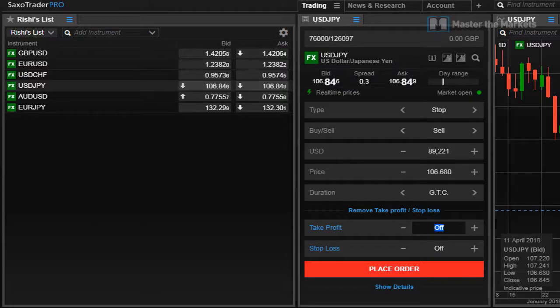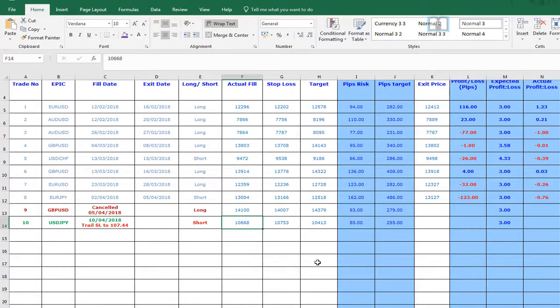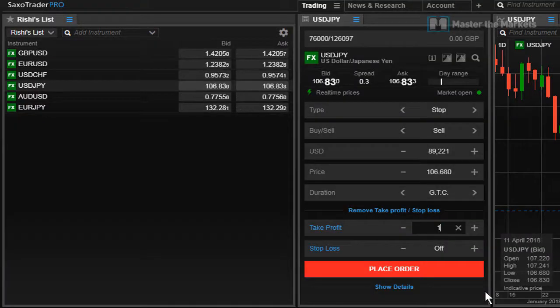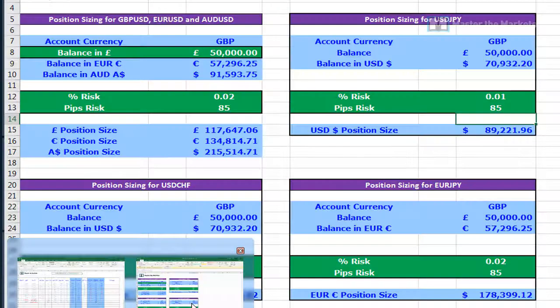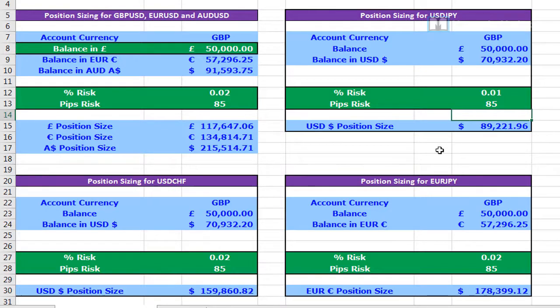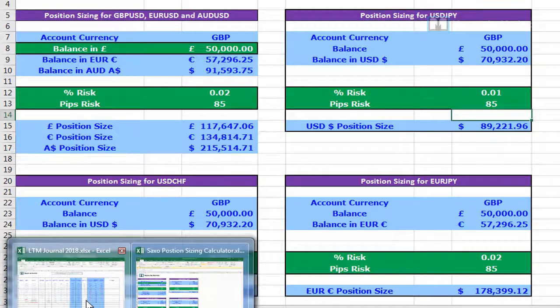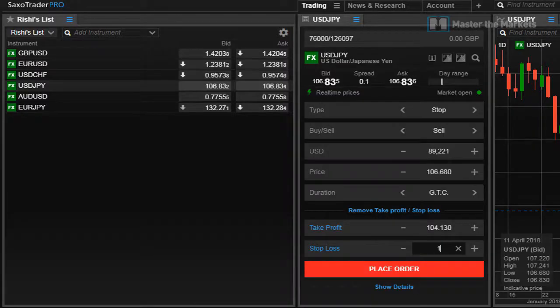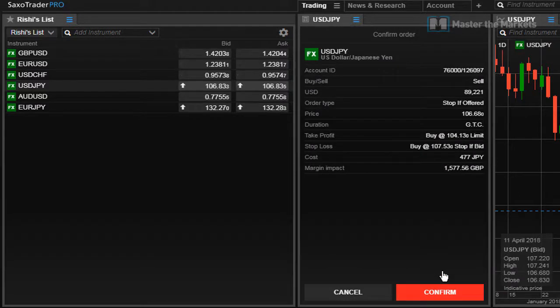So what's my target? Of course, as you all know, take profit and target is exactly the same thing. It's where I want to take my money, or it's the target of the trade. 104.13. The stop loss, where is it going to go? Just here. Sorry, wrong spreadsheet. So stop loss is 107.53. Okay, and that's it. And then all I need to do, of course, is place order, and it will give